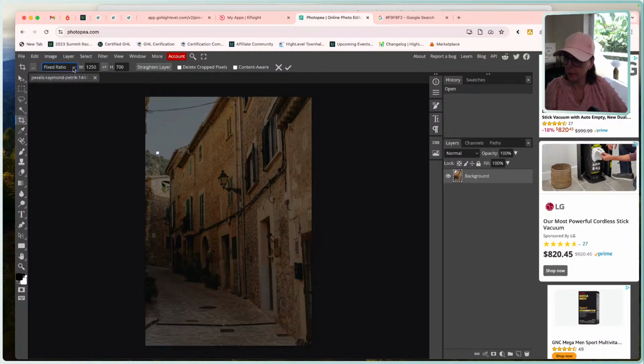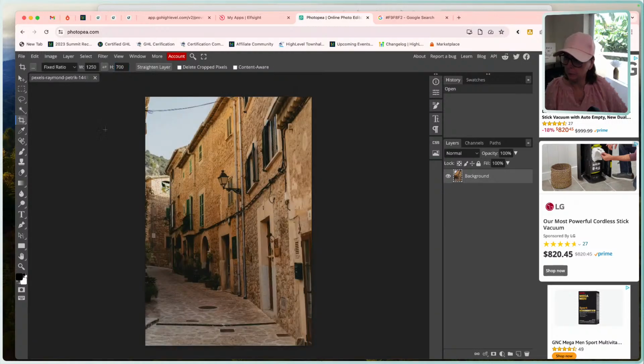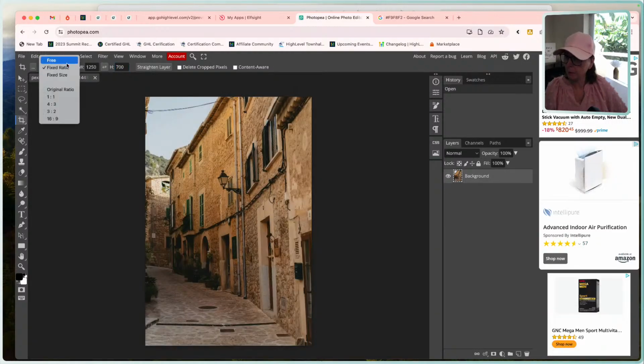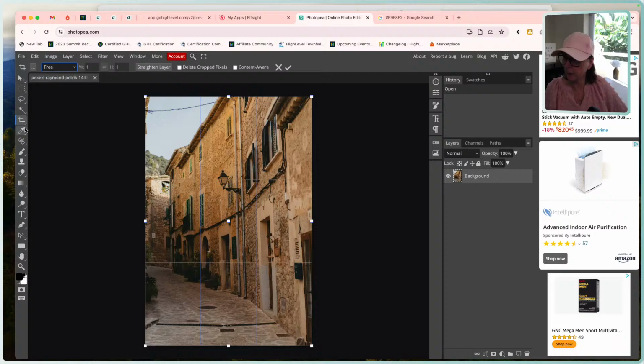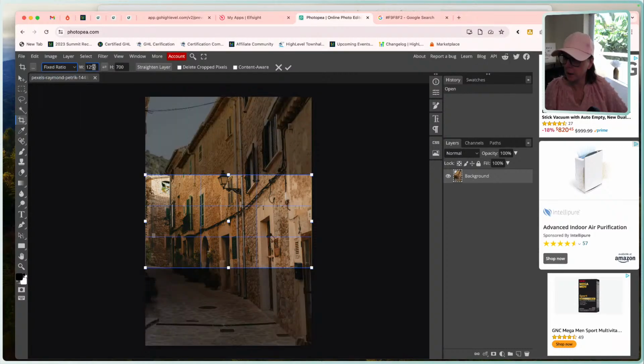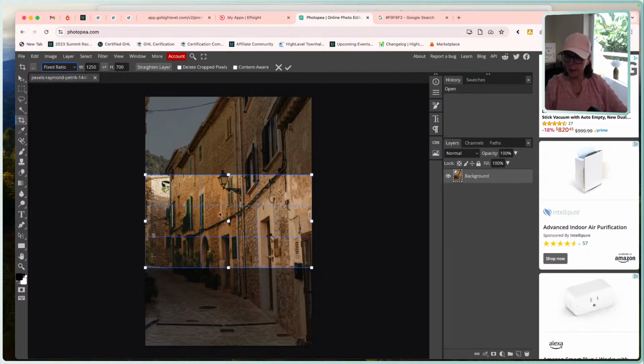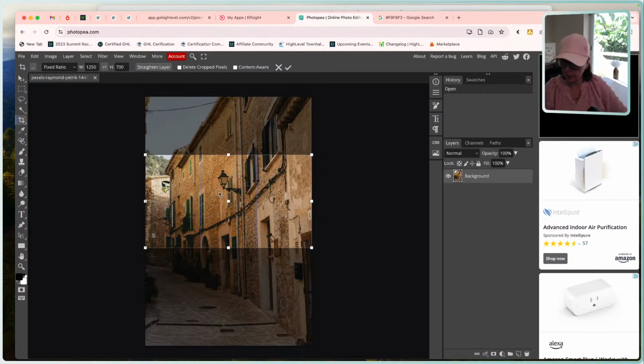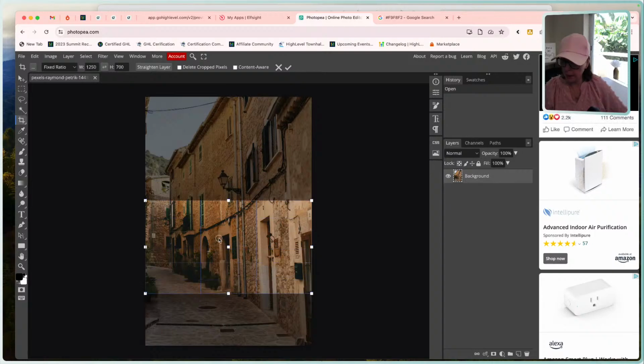This is a free one, so of course it's weird. Let's just do that for now. Free, and then let's come back to fixed. There it went. Okay, did its thing better there that time. That's awesome. And then I get to choose again where I want that to be, and I'm going to click,